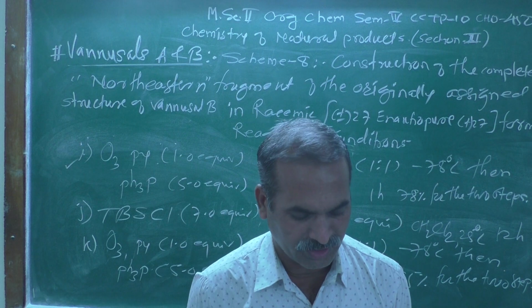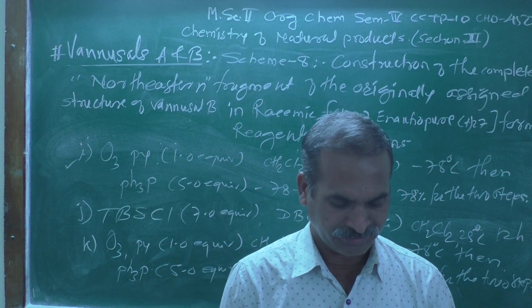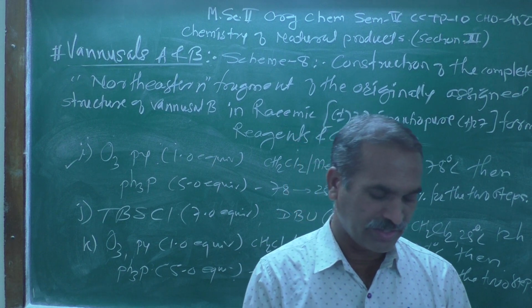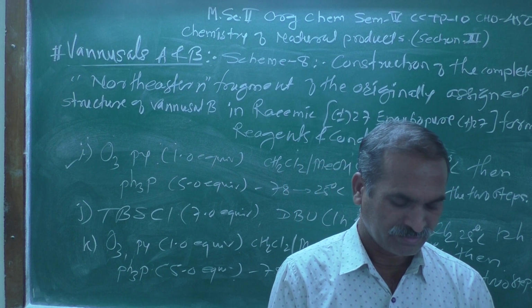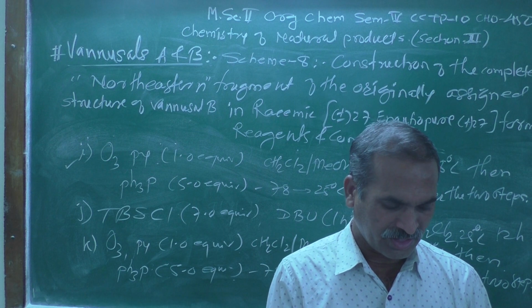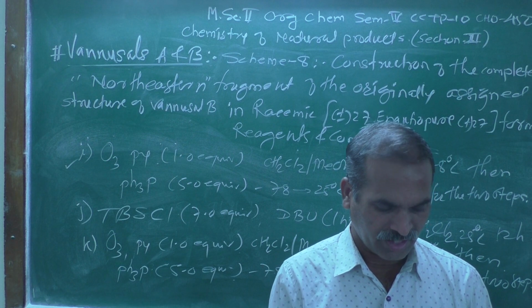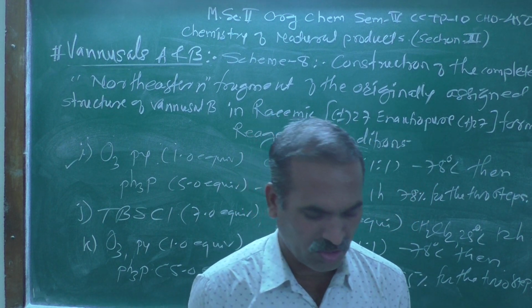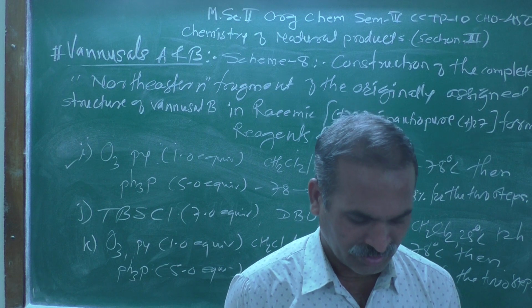Crystalline triol plus-minus 41, melting point 86 to 89 degrees centigrade, in ethyl acetate hexane yielded to X-ray crystallographic analysis